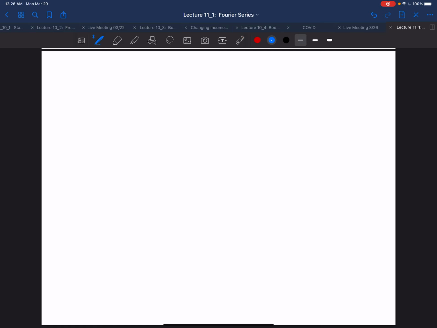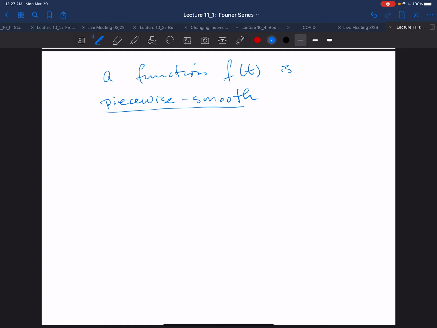As I said, this approach works for what we call piecewise smooth functions. So we say that a function f is piecewise smooth. This is essentially a sort of generalization of piecewise continuous. It's piecewise smooth on, say, the closed interval from minus T over 2 to T over 2. So that has a length of one period of our function